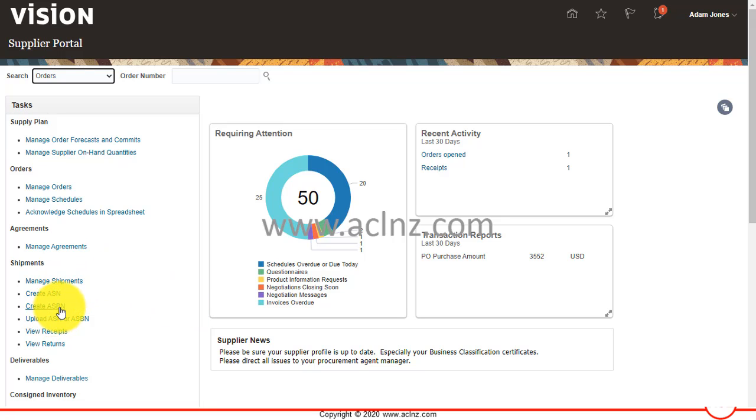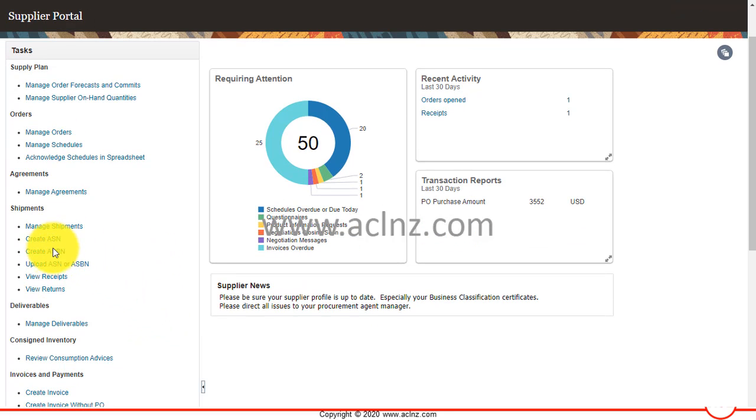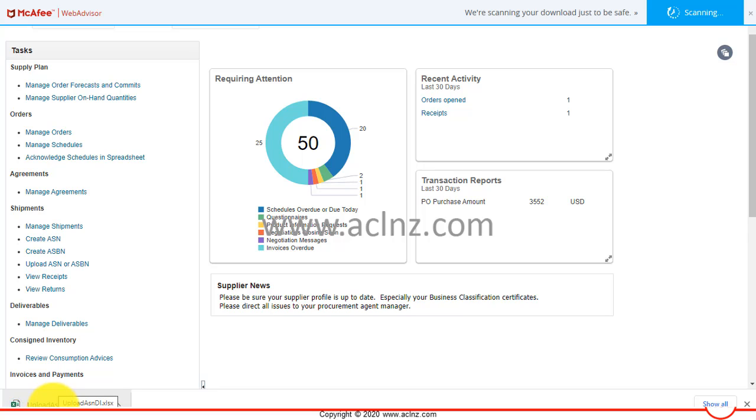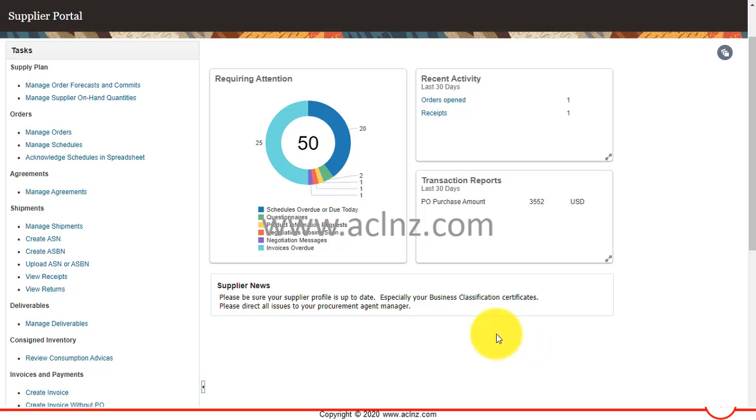ASBN stands for Advanced Shipping and Billing Notice, and it is similar to the shipping notice, but it also takes care of billing as well. And one can also upload the ASN or ASBN, and I believe there is a spreadsheet interface provided over here. You see the spreadsheet is downloaded, and via the ADFDI interface you can specify details in that spreadsheet and upload it into Oracle Fusion Applications Cloud via an integrated interface, which is also called the ASBN interface with ADFDI. In fact, the same feature is there in Oracle E-Business Suite as well, which is called ADI, Advanced Desktop Integrator. Here just the naming convention is different, but everything is pretty much the same in terms of the